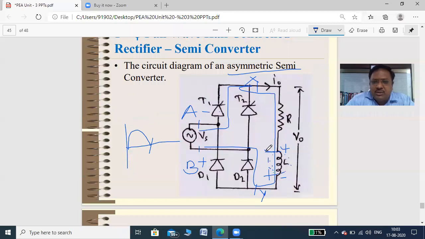So this T1 positive charge, that is inductor starts to release the energy to diode D2, and then because the supply gets reversed, B is positive, so the anode of thyristor T2 is always positive, right? And diode D2 is already in forward bias, so immediately what happens? The energy will flow through the diode D2, T2 turns on, and your energy is released to the R and L.